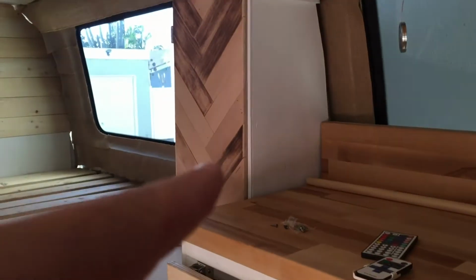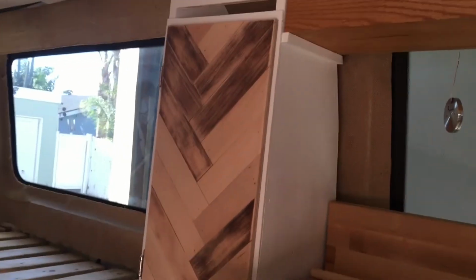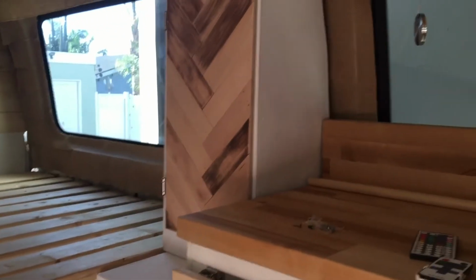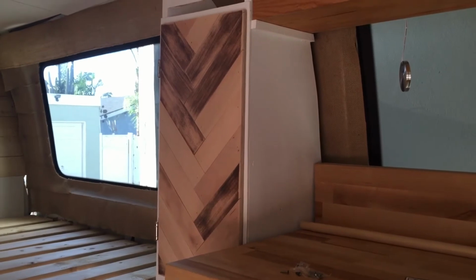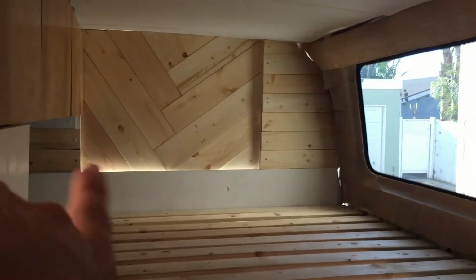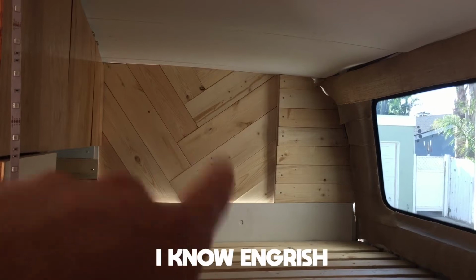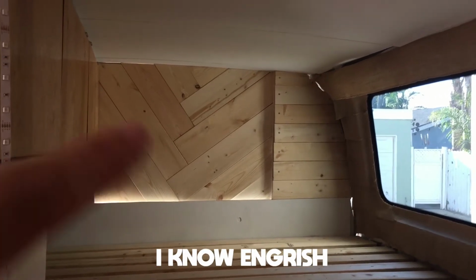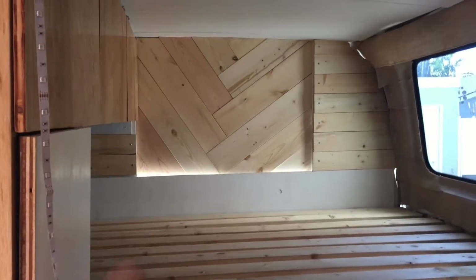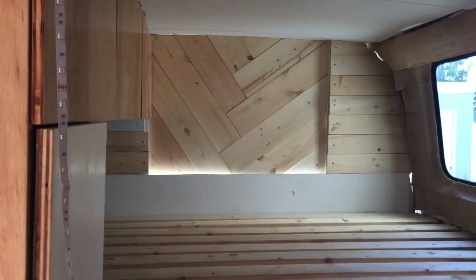I did this pantry door, and I liked how that pattern came out, and it inspired me to go ahead and do something else. I got some more scrap wood and put a wall back here. This is temporary, and I put a wall back here, and I created that wall because I wanted to put a TV in this space. So the TV is going to go back here,